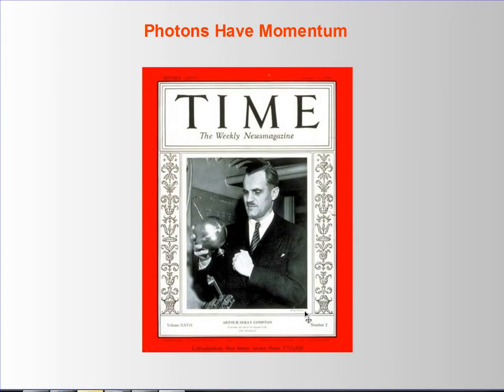Energy diagrams are a really fascinating and exciting way to discover what's really going on in the sciences. This is a picture of Compton on the front page of Time. It's not very often a physicist makes the front of Time magazine. Basically, he came up with the theory that photons have momentum. But remember, momentum is mass times velocity, and photons have no mass. So how does this work?